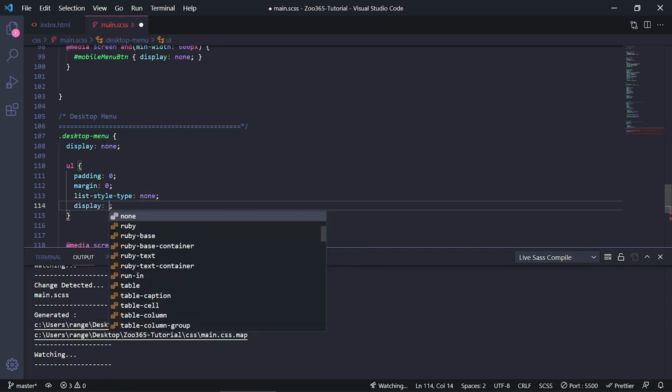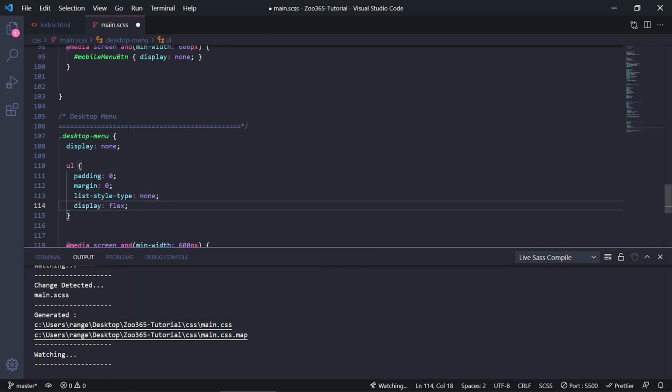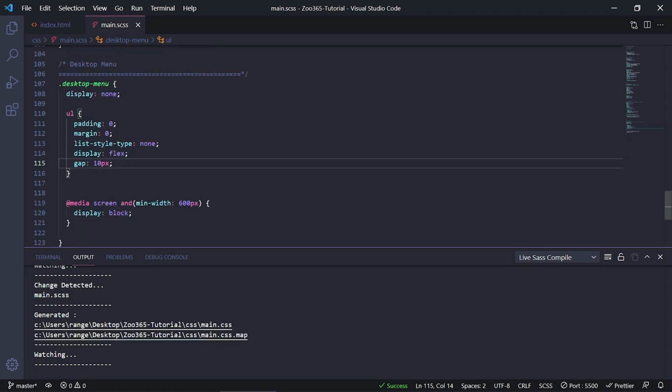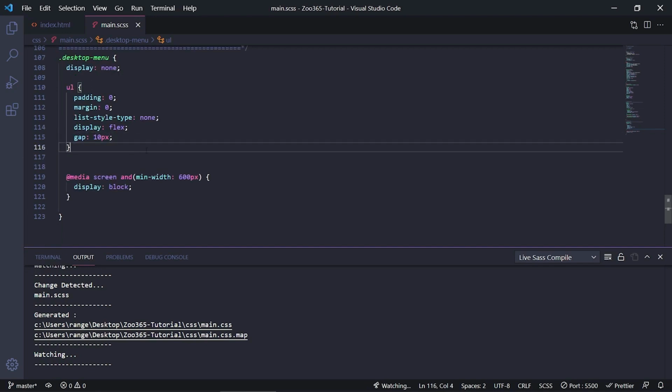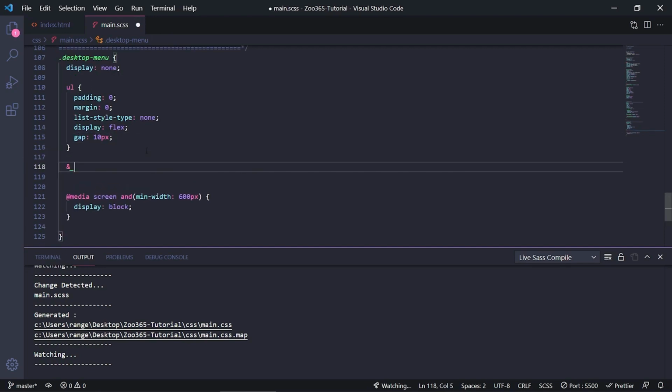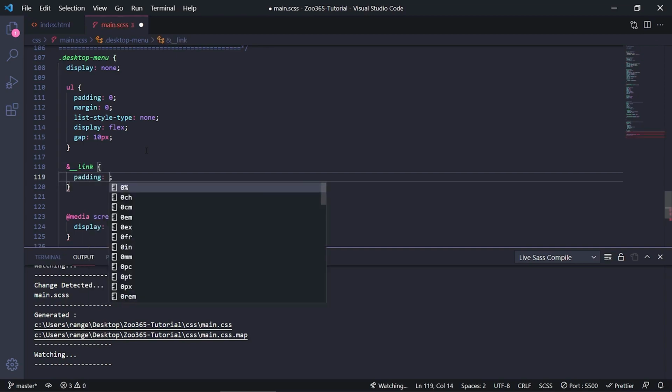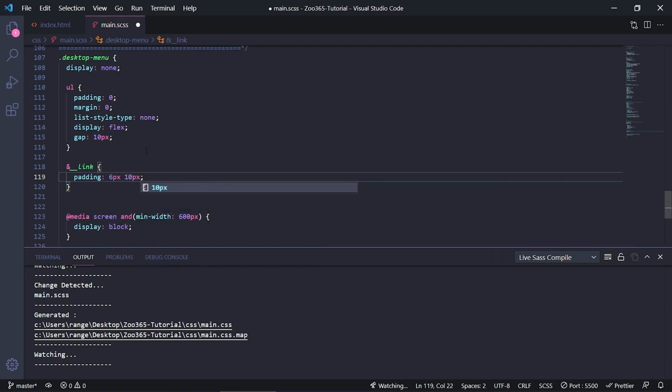We can display this as flex because we want every single item to be in one line, just like those equal signs, I guess. And then gap is the gap property, which gives a gap between every single link on the inside. It doesn't do it on the outside, which is great as well. And now we just need to style some of the links. To do this, we can do ampersand underscore underscore link. And then let's give them a little bit of padding of 6 top and bottom, 10 left and right,